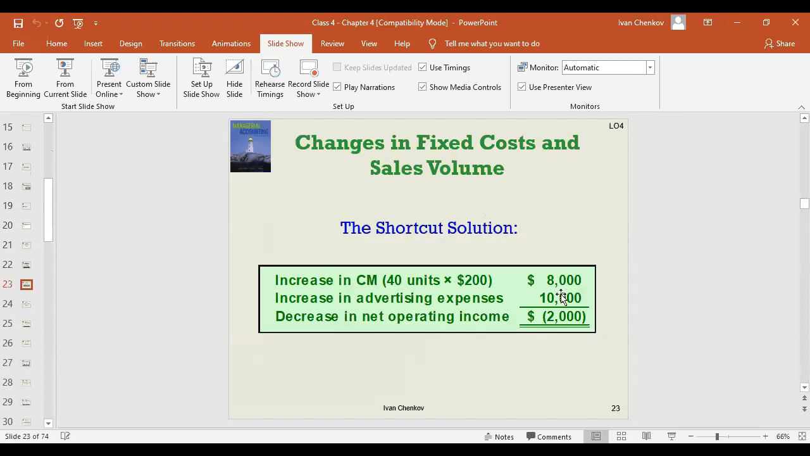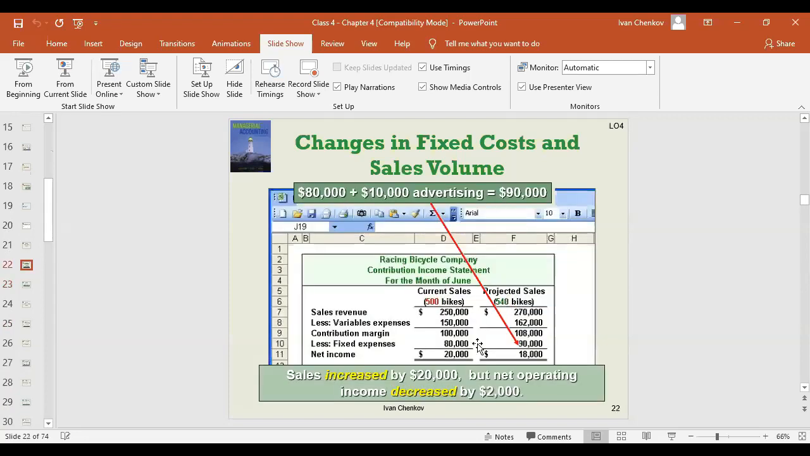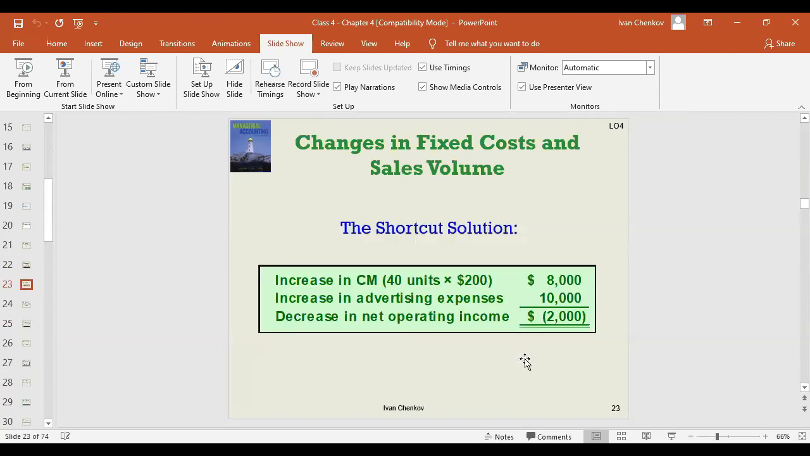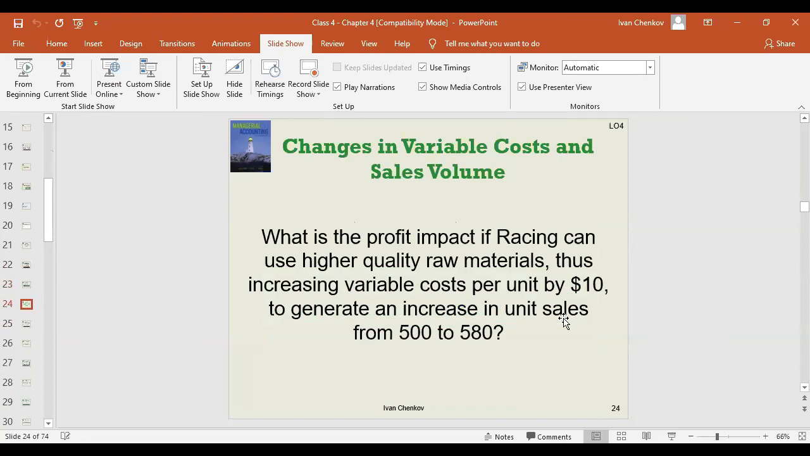So basically, that's the formula that we used directly. But that's the proof through the income statement that we're actually losing $2,000. You can easily see it with the shortcut: contribution margin 8,000, fixed expense 10,000. I'm already done. For that, we don't have to do the income statement again. Exactly. So here, what is the profit impact on this company